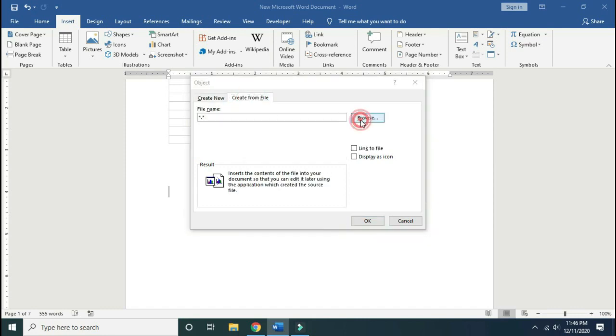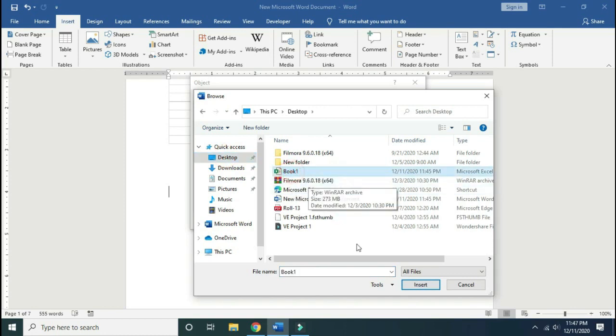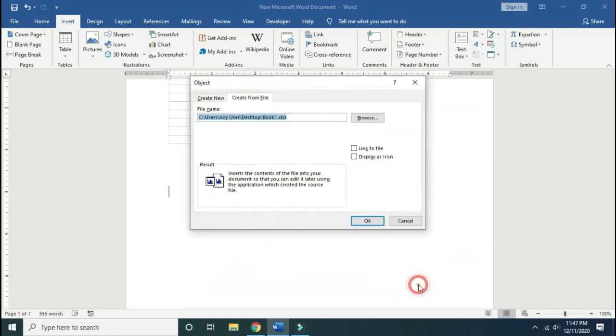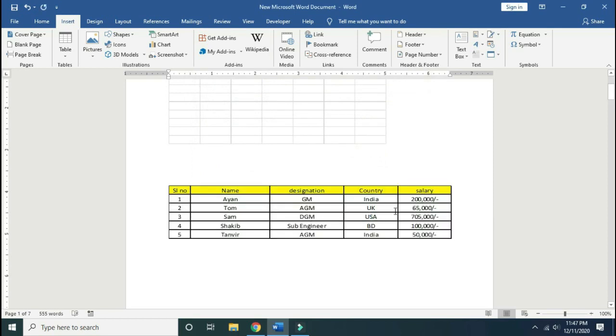Now browse that Excel sheet. I select that Excel sheet. Now look at that, the Excel sheet is embedded in the Word document.